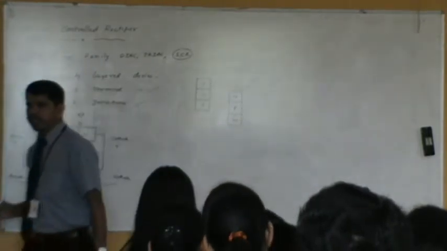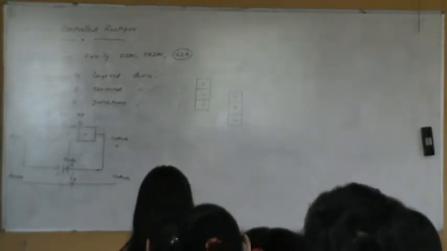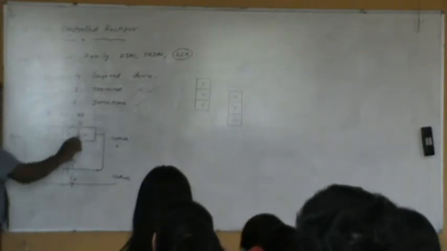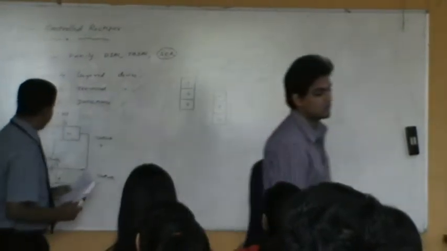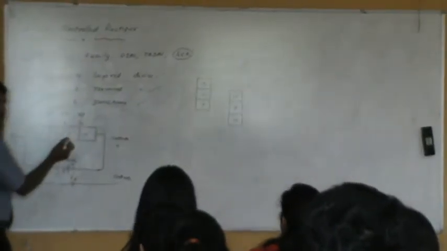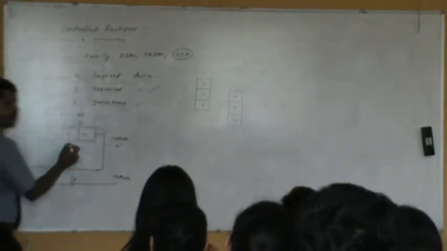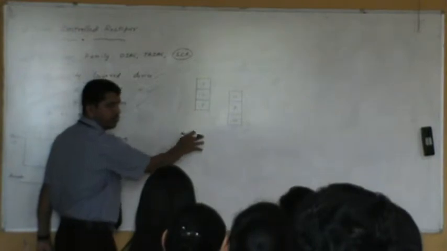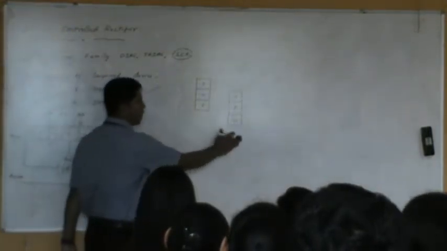What I am trying to do is, if you cut this device in this manner, this complete SCR can be interpreted as two transistors connected back to back. You can see here there is a PN and also a P, there is an NP and also an N here. So this is what I am writing here.